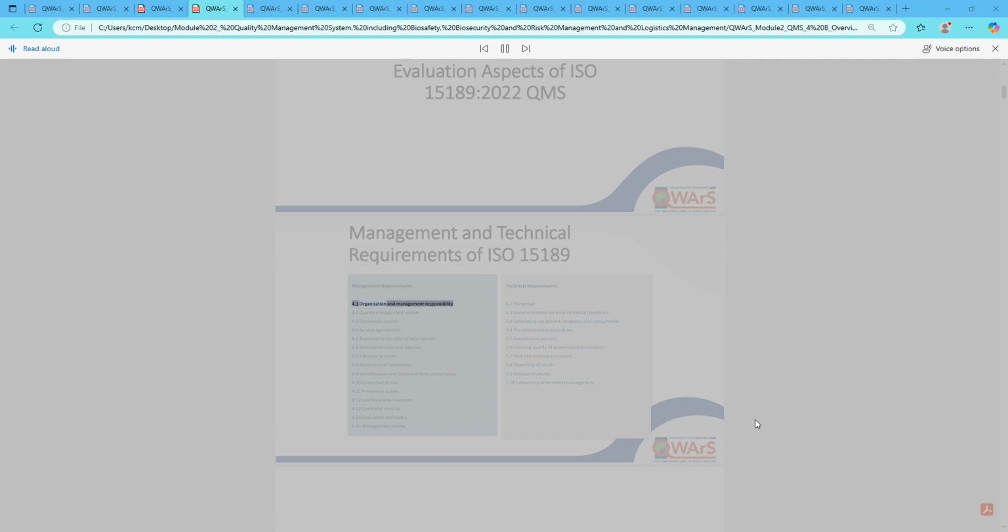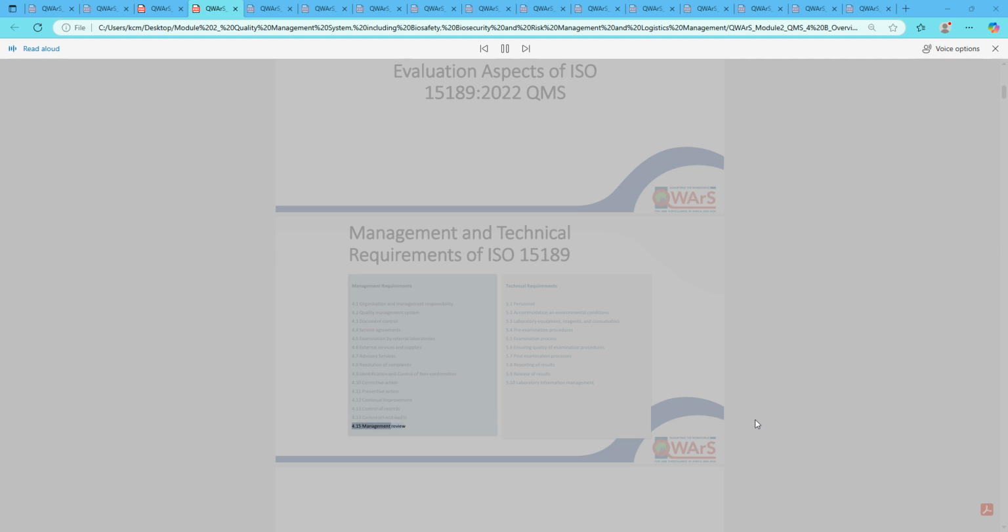For Point 1, Organization and Management Responsibility, 4.2 Quality Management System, 4.3 Document Control, 4.4 Service Agreements, 4.5 Examination by Referral Laboratories, 4.6 External Services and Supplies, 4.7 Advisory Services, 4.8 Resolution of Complaints, 4.9 Identification and Control of Nonconformities, 4.10 Corrective Action, 4.11 Preventive Action, 4.12 Continual Improvement, 4.13 Control of Records, 4.14 Evaluation and Audits, 4.15